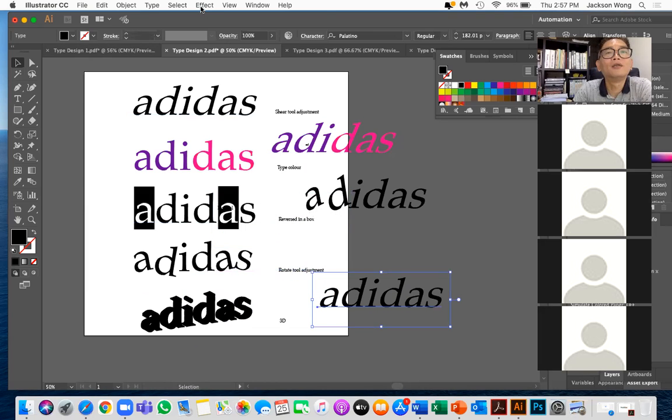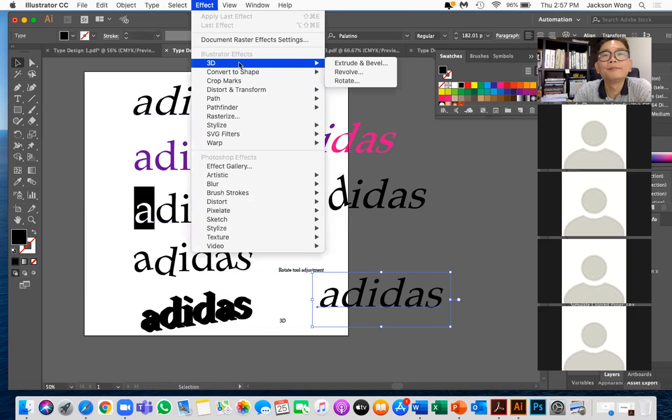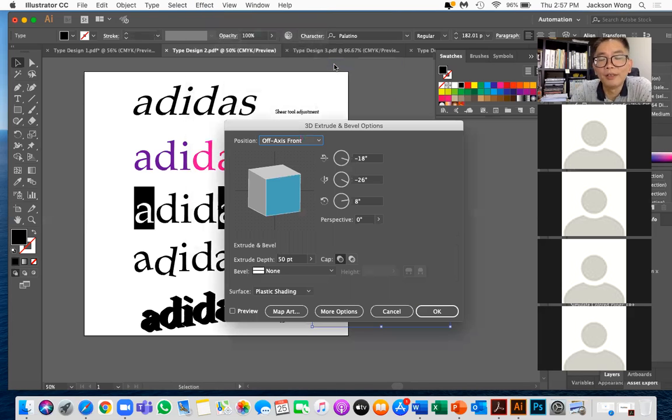You go to effect, 3D. With this manipulation, you cannot do too much adjustment. If you make it too big, then it becomes a distortion. The distortion will be too heavy. So you just do a bit of